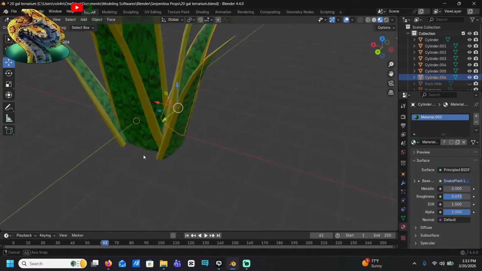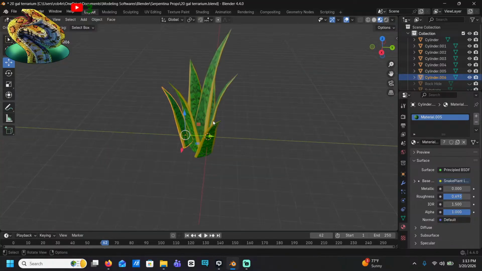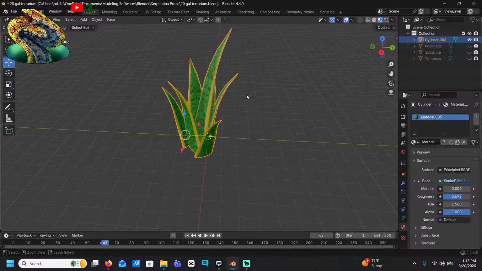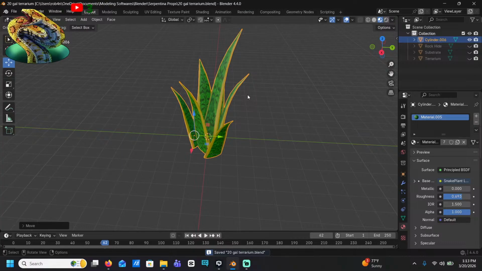I have some materials to go back over after this. Okay, yeah, no, that looks like a snake plant. Okay, I'm going to select all, and then I'm going to Control J. Now they're all one piece. Behold, a plant! I stretch. Okay, I've got a snake plant. Gonna rename it as such.